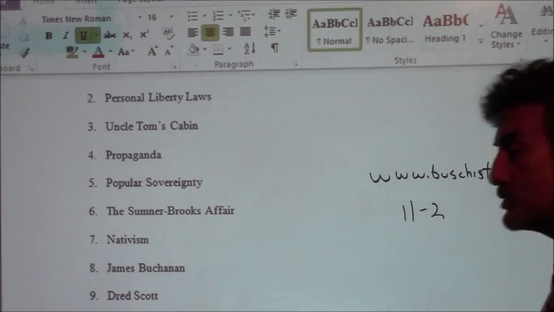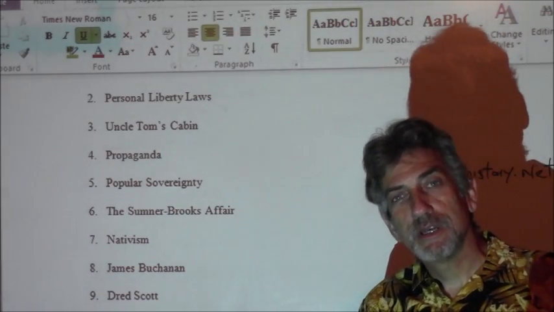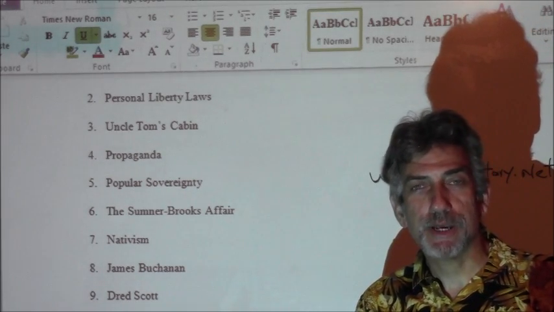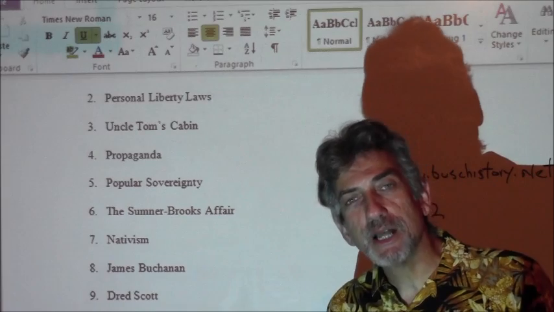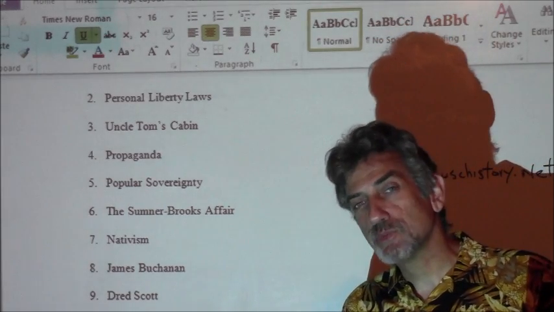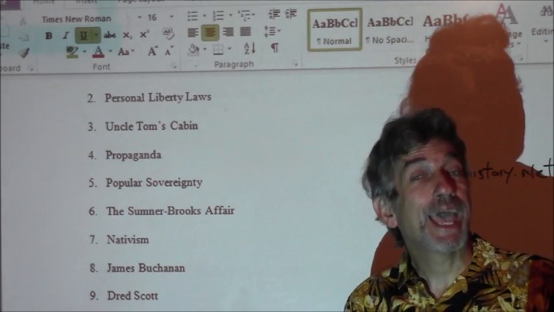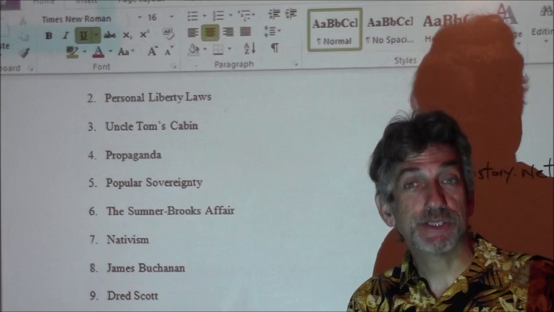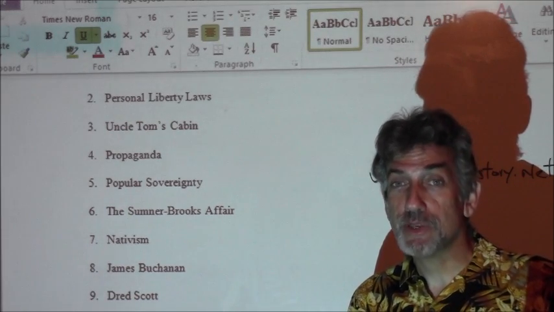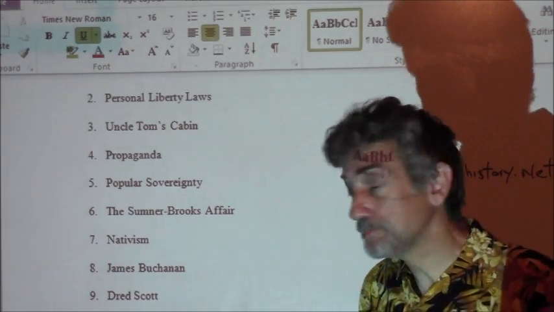James Buchanan. James Buchanan has the distinction of a couple of interesting debates about him, that James Buchanan was a Southern sympathizer. We see it in the Lecompton Constitution, which he endorses. We see it in the Dred Scott decision, where he convinces Roger Taney to hold the decision until after he is President of the United States. And we see it when South Carolina secedes, because James Buchanan does nothing. You got to believe James Buchanan is probably pretty happy to leave the presidency in 1861 when Lincoln becomes president.